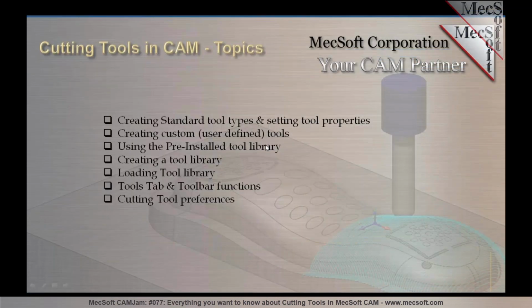So today's topic is cutting tools in CAM. And we will be breaking this down into two parts. In the first part, we will cover the topics that you see on this current slide. We will talk about creating standard tool types and setting tool properties, and also creating and using custom tools or